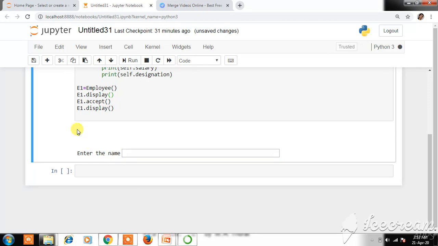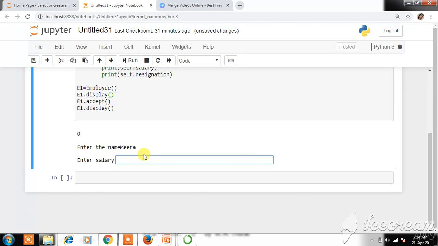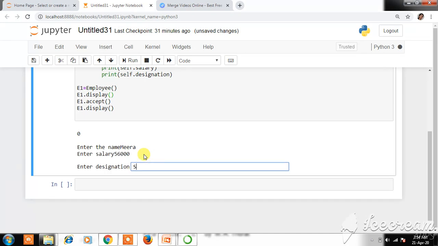So you can see one blank line inserted, that means the value of name, then salary, and then one more blank line, that means the value of designation. Okay, and then it is asking for the name, salary, okay, and then designation.